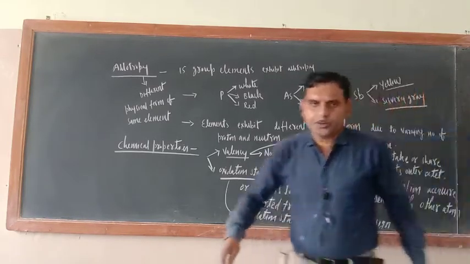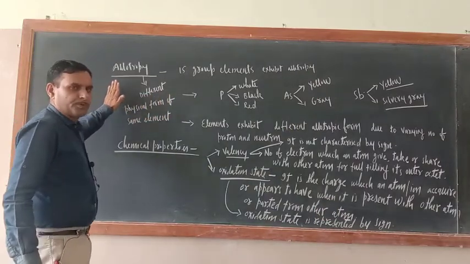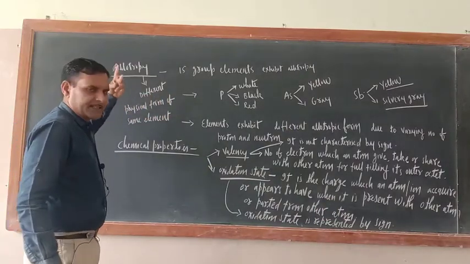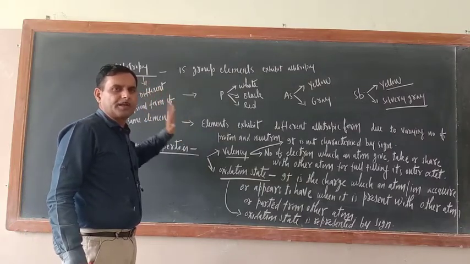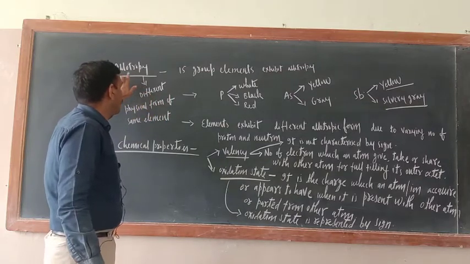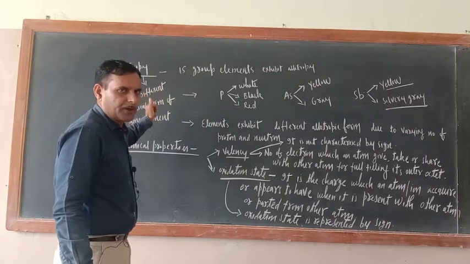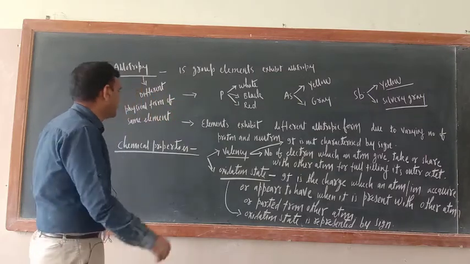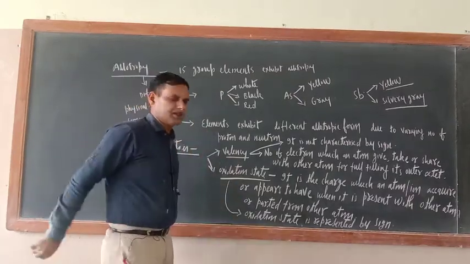Today I am going to teach you some important aspects of 15th group. Yesterday I discussed so many physical properties: melting point, boiling point and some others. Now today allotropy, one of the physical properties, is left out. So today I am completing it and afterwards I will teach you the chemical properties. And here there are so many questions, okay.